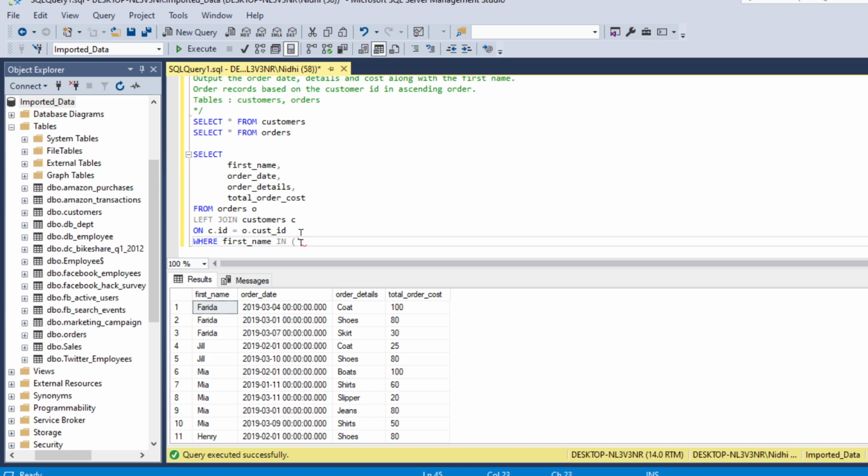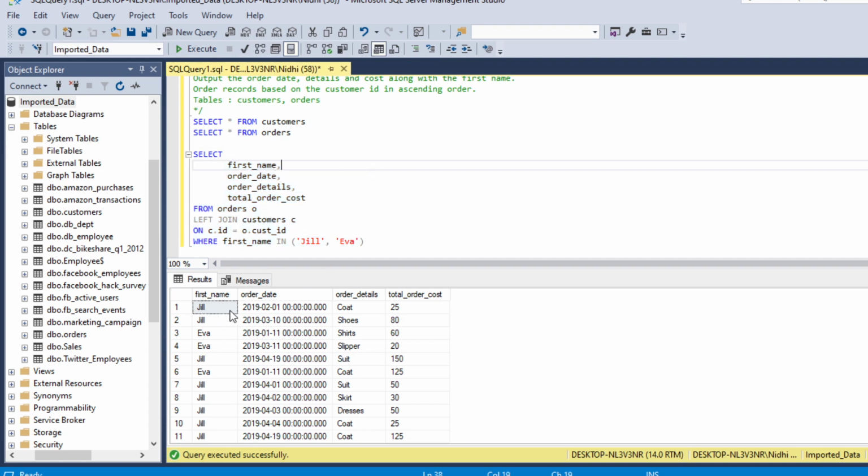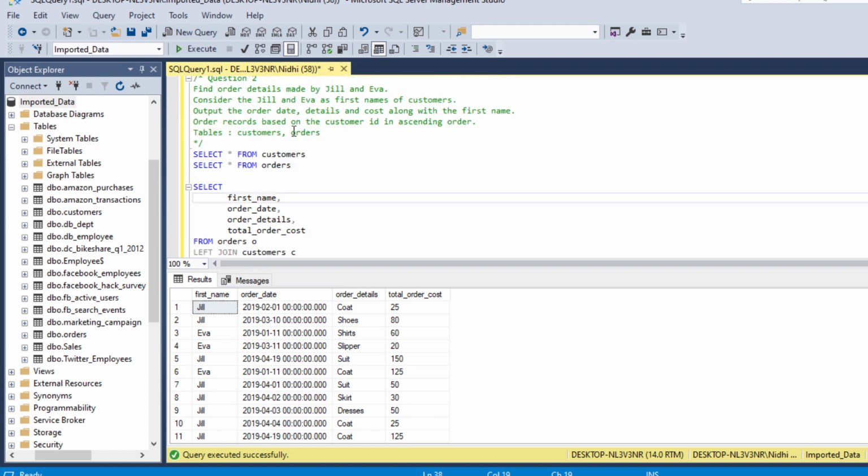So we need Jill and Eva. Okay, now we will run our code again. So now we have only those rows where our first name is Jill or Eva. So we have found the order details made by Jill and Eva.